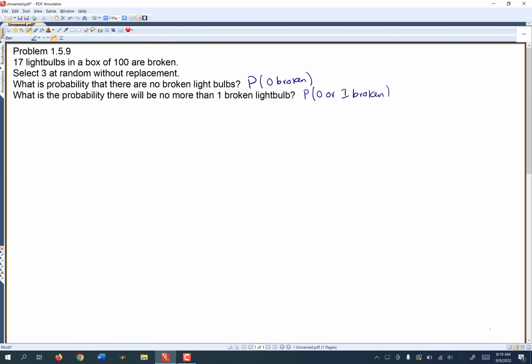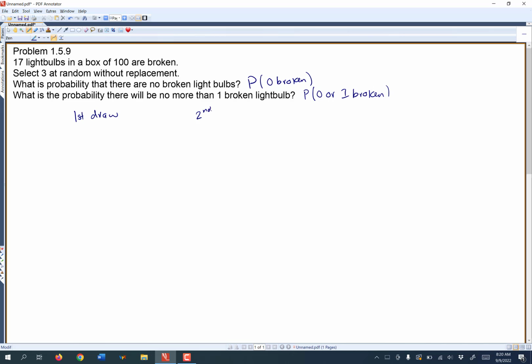Now, you don't have to have a probability tree. I could probably just sit down and figure this out. But if you're having trouble figuring out what the possible outcomes are, a probability tree can really help. So I'll go ahead and draw this out. If you feel like you're good on the probability tree, you can skip ahead in the video until I'm done with the tree. Okay. So what we're going to do is we're going to have kind of our first draw,